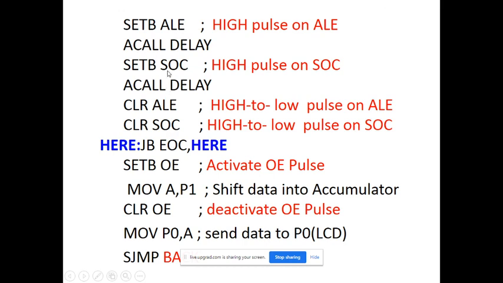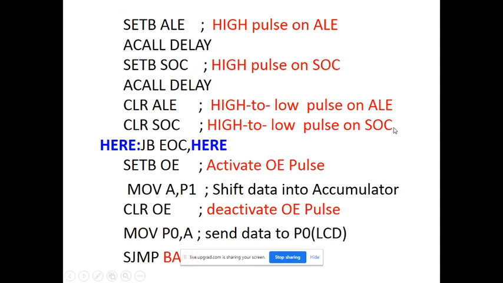In a similar way, start of conversion is initially low, then it becomes high, and after the delay it becomes low. In this fashion we are generating one pulse for start of conversion. So you latch the address, then you start the conversion.